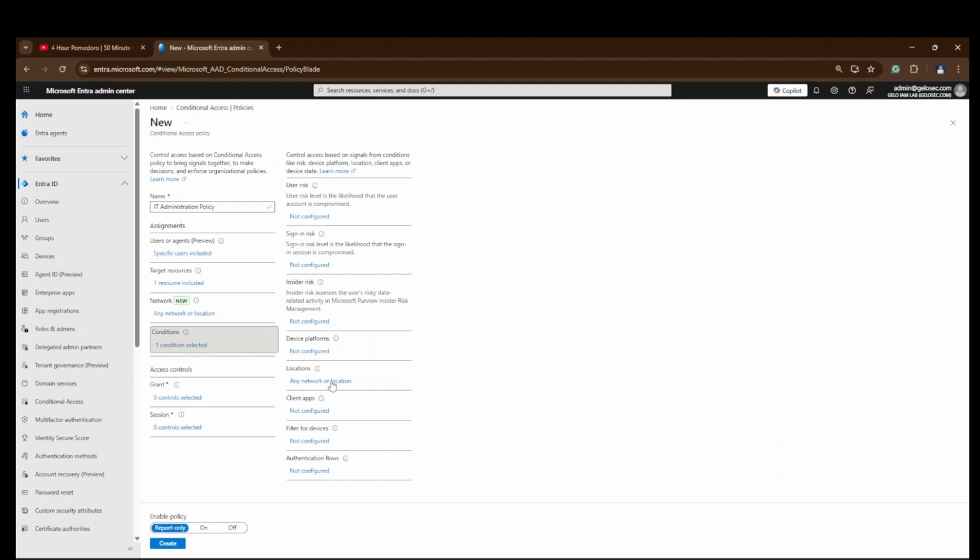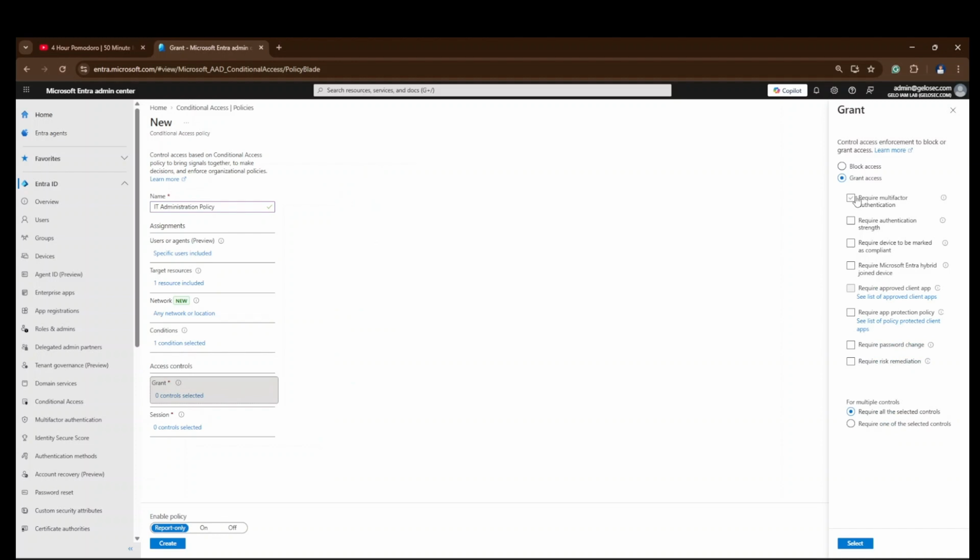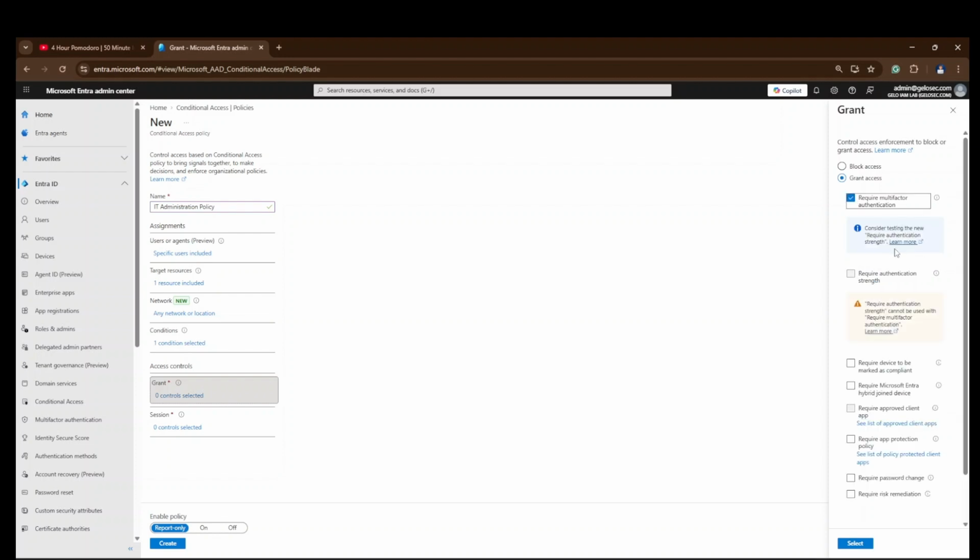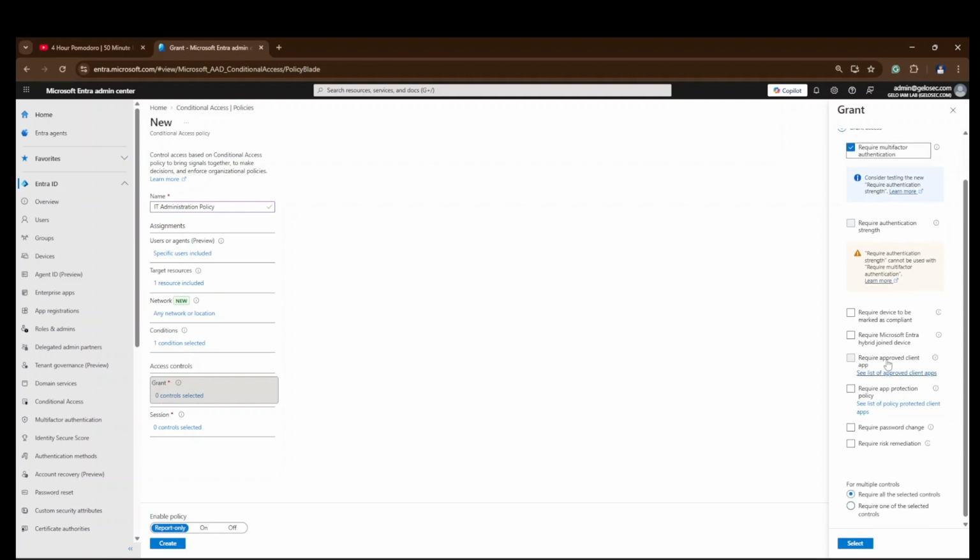Then for the conditions, let's leave everything at the default, and we already have a condition here triggered after we set the network or location configuration. Then we'll proceed to access controls, where we're going to grant this access using require multi-factor authentication and require Microsoft Entra hybrid joined device.